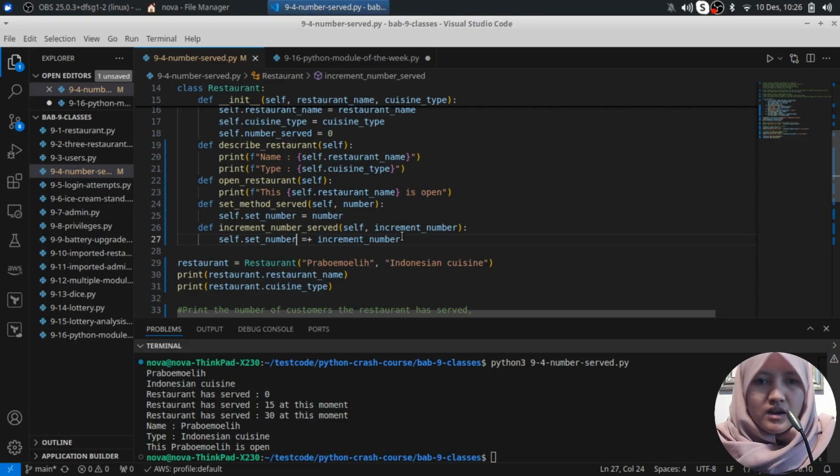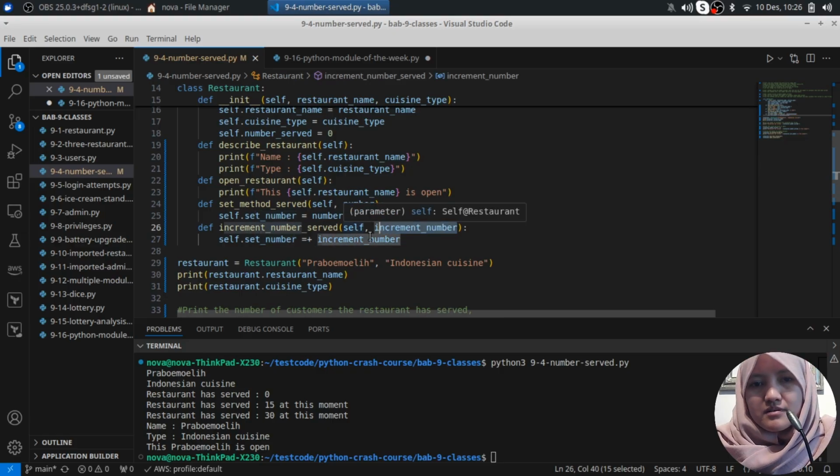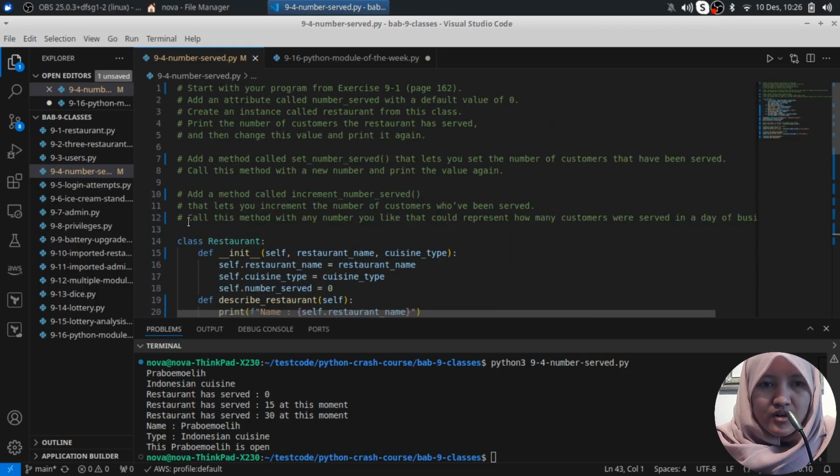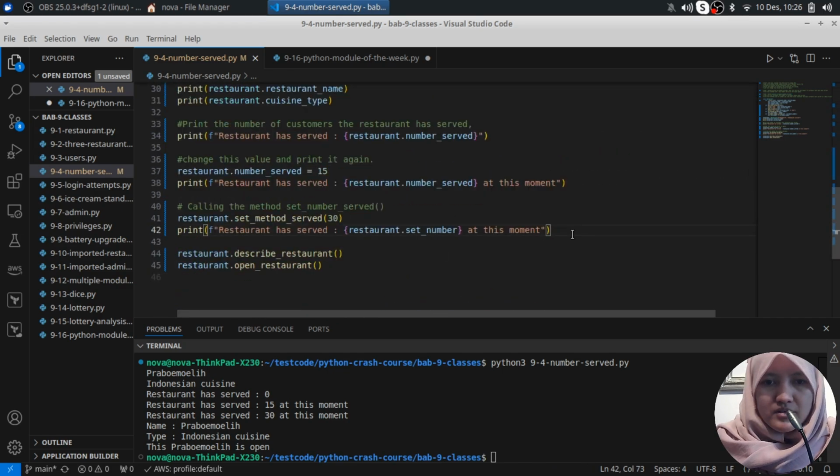I think I would like to add the increment number here. Okay. So if you add that, and then call this method, calling the latest here,